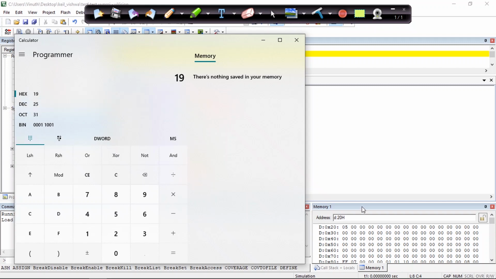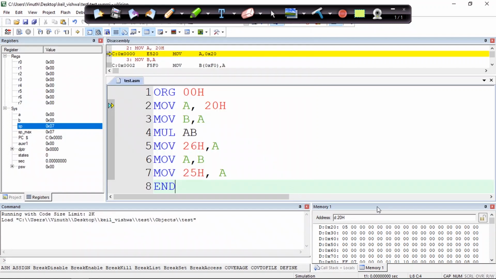Since 19 is an 8-bit number, only one destination address is needed: the lower nibble will be 19 and the higher nibble will be 00 hexa. Since the starting address is 20 hexa, the 25 and then 26 will come somewhere around here. Let us execute this step by step.